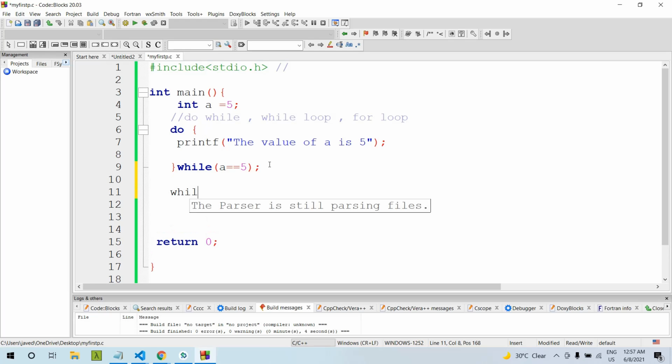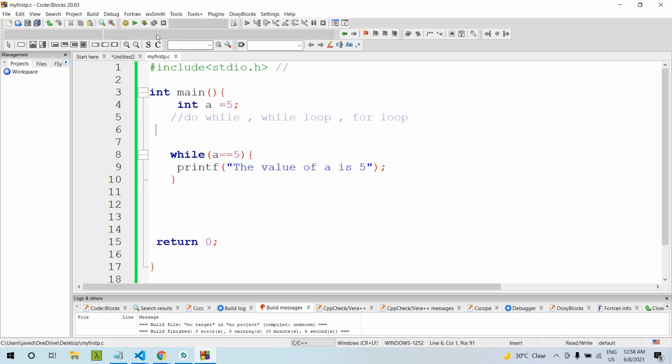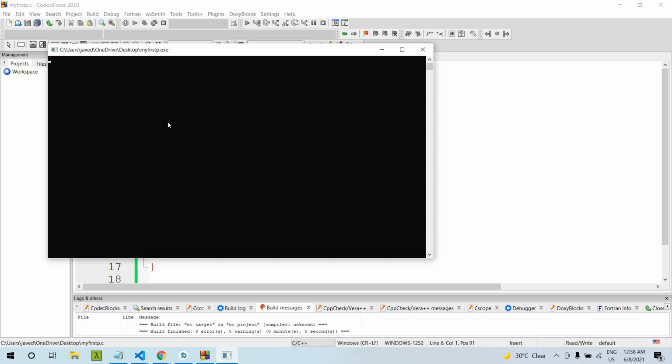Here we can use a while loop with a equal to 5. We can just remove this print statement. This will run infinitely as well, because the condition is always true.